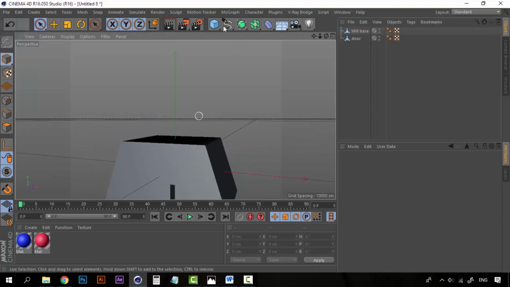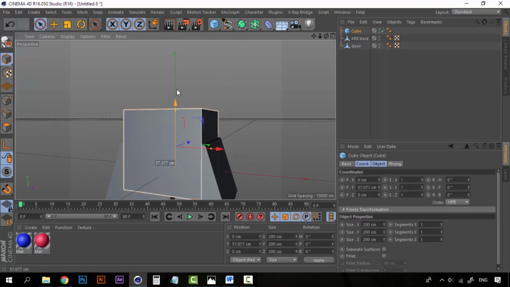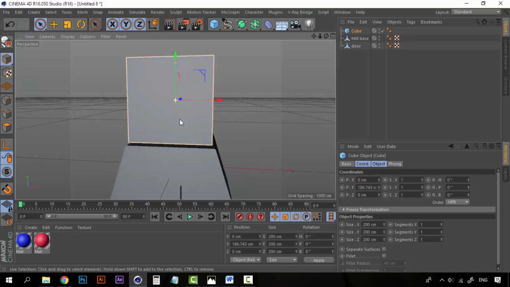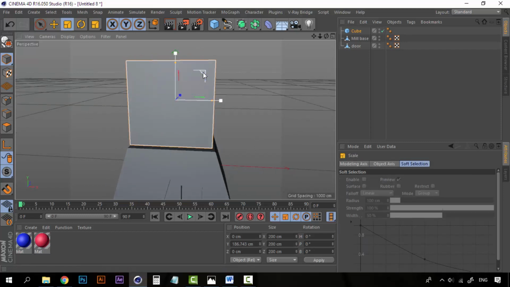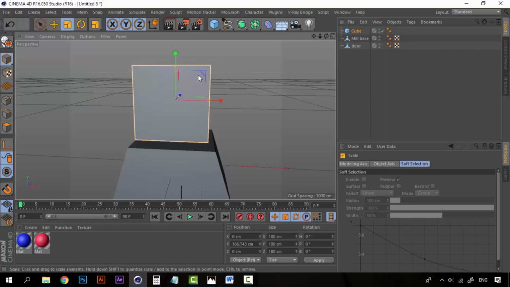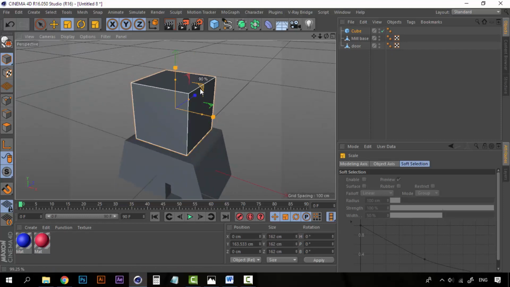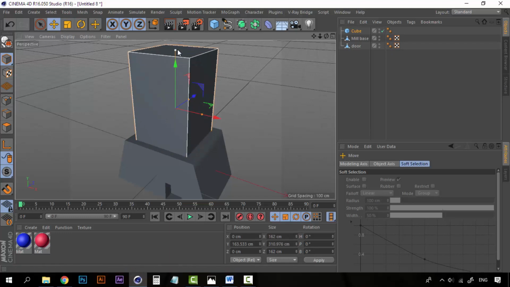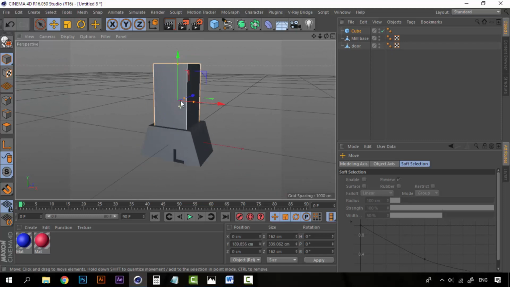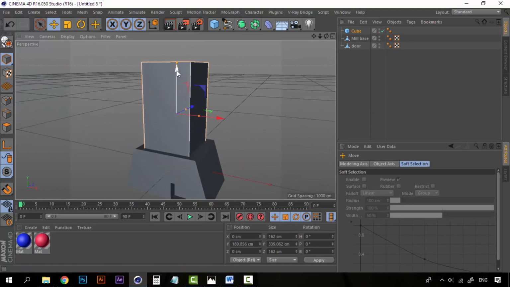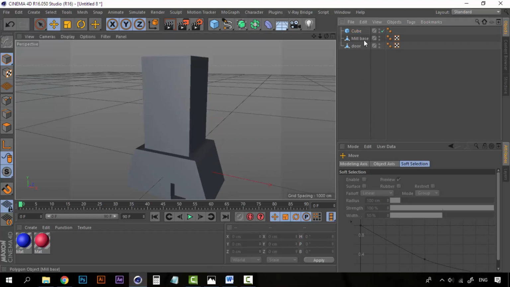Now let's continue to create the mill. Create another cube and place it on top of our base. Of course, we have to make it smaller with our scale tool. Can be even smaller, like this, okay, and make it much taller. This is good. Maybe move it a little bit to the top. Okay, now we have this cube